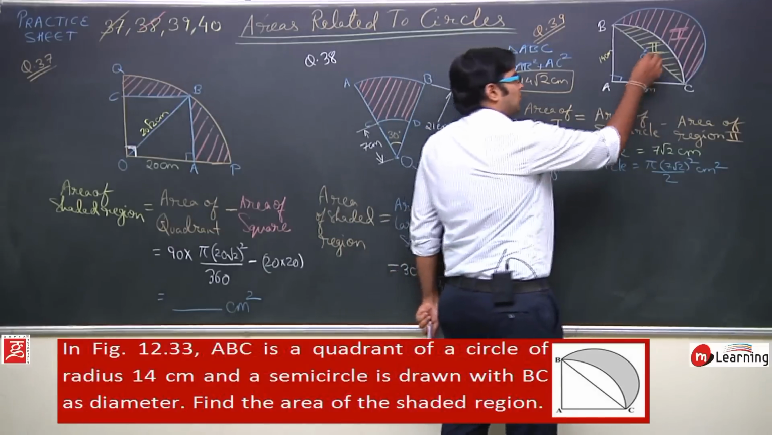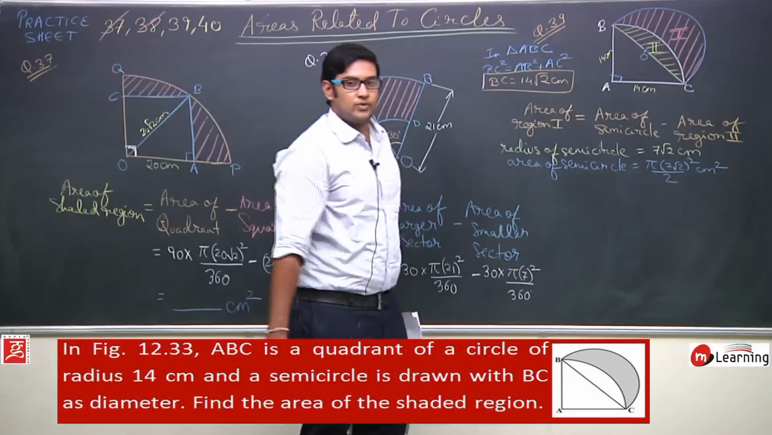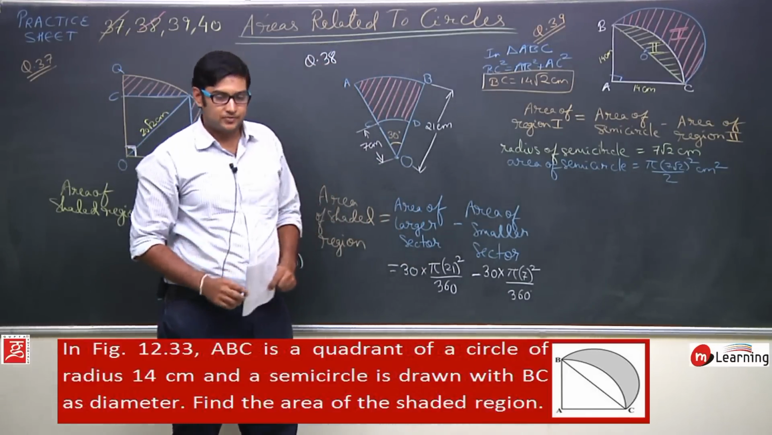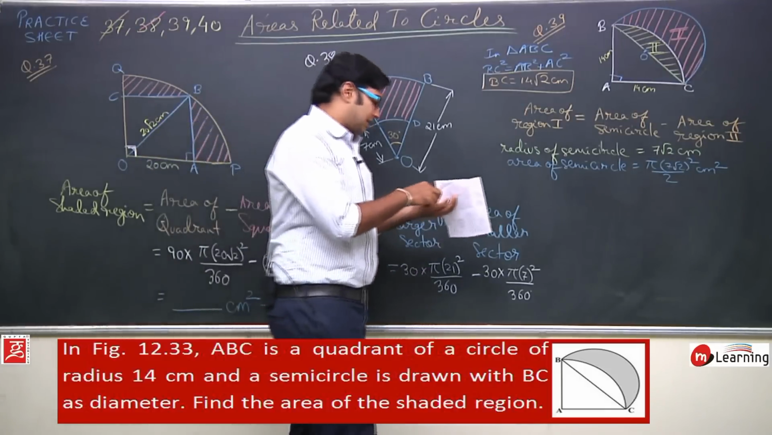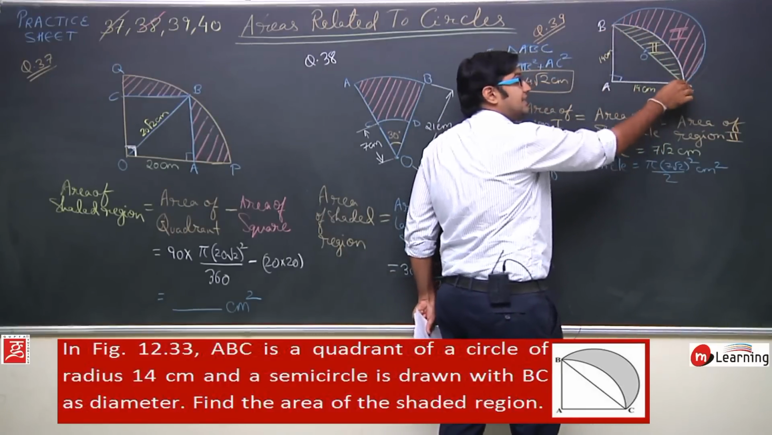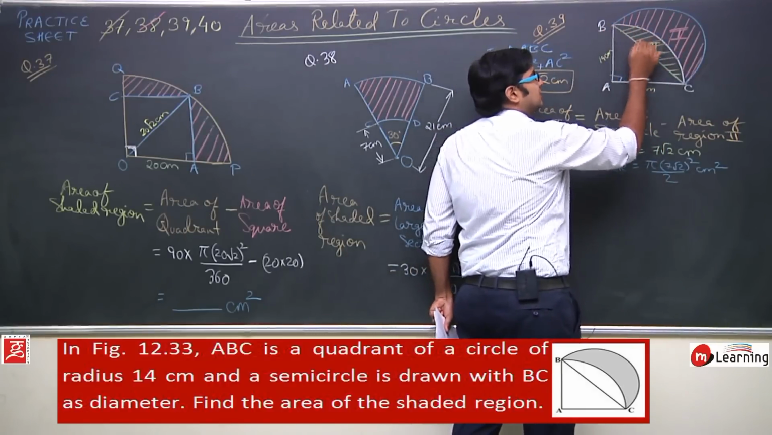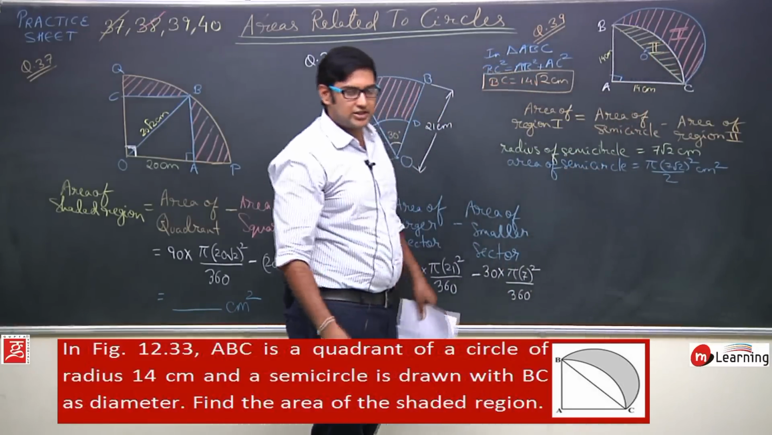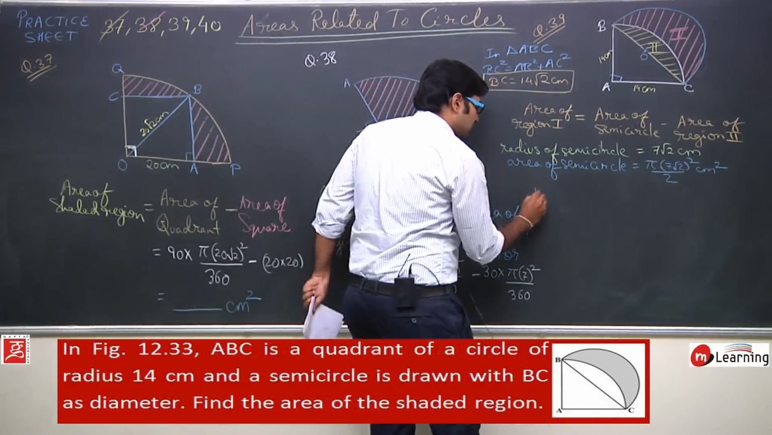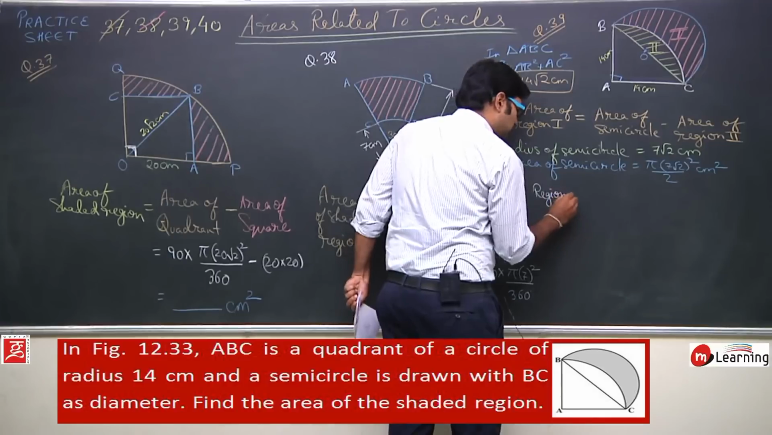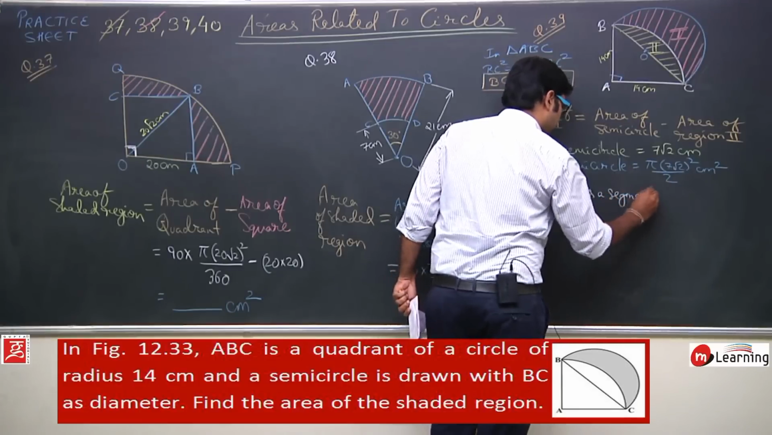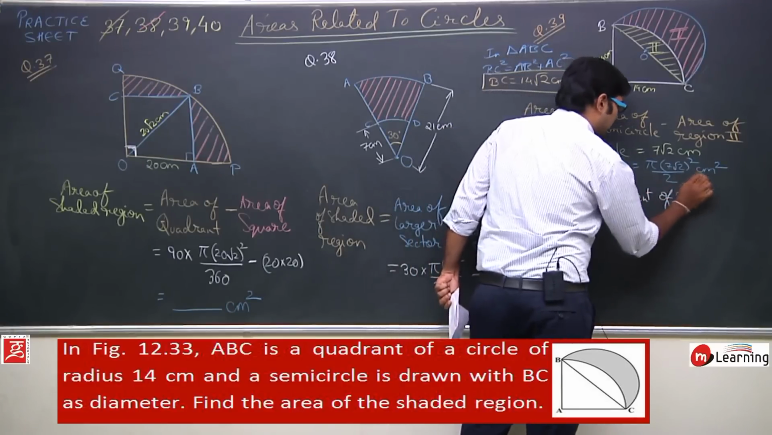Now let us talk about the area of region 2. How can I determine the area of region 2? What exactly is region 2? If you observe carefully, you will find that this ABC is a quadrant or a sector, and in this sector this region 2 is a segment. Okay, this region 2 is a segment. So what I can say is region 2 is a segment of a circle